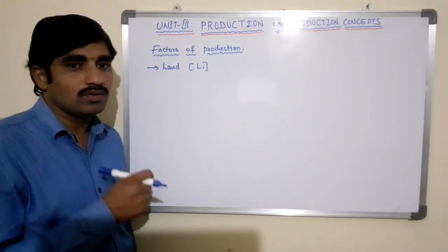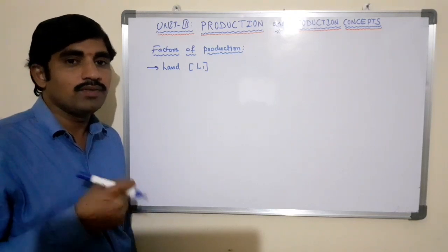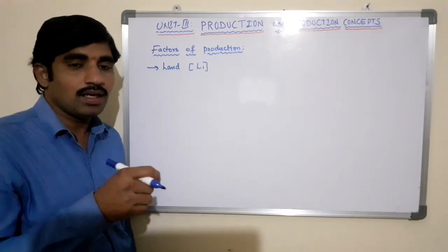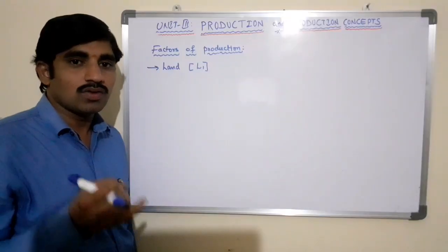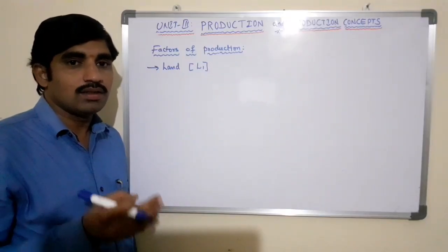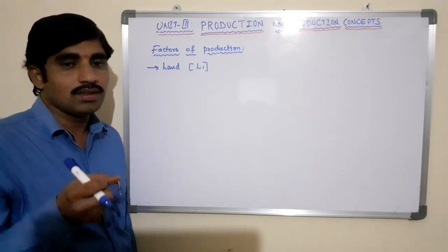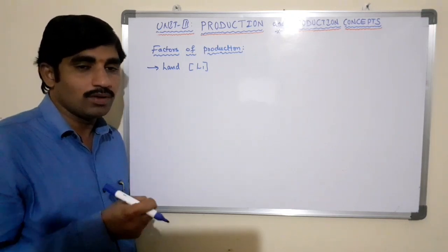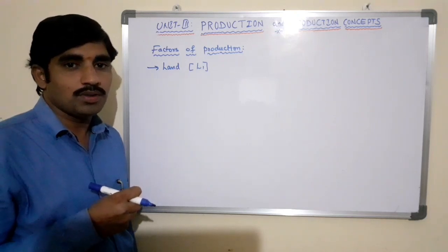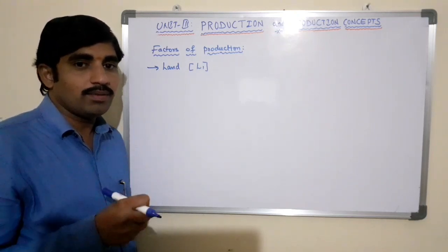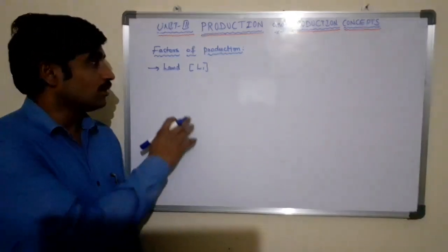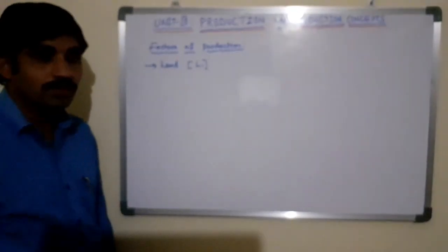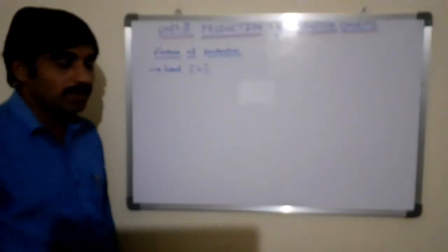If the land is not owned by the business or the producer, then we need to pay a certain amount for the land. The payment that we pay for the land is the rent or the lease. Examples: soil, rivers, water, forest. All these come under the natural resources available to the producer, and based on the requirement, they may be used to produce the product. Hence, land is one of the important factors used by the producer.